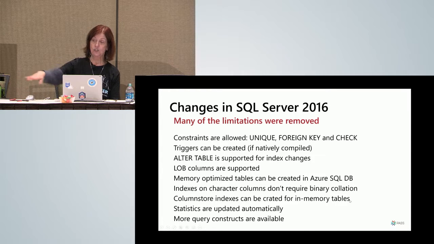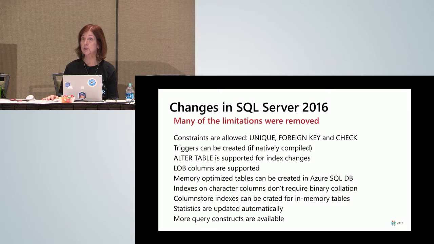Column store indexes can be created for in-memory tables. I've got a whole section in the 2016 book about column store indexes. In 2014, I didn't mention this before, statistics were not updated automatically. They are in 2016. And there were limitations on the kinds of queries you could run against an in-memory table. Not a lot, but some, and some of those were removed, especially what constructs you could put in a natively